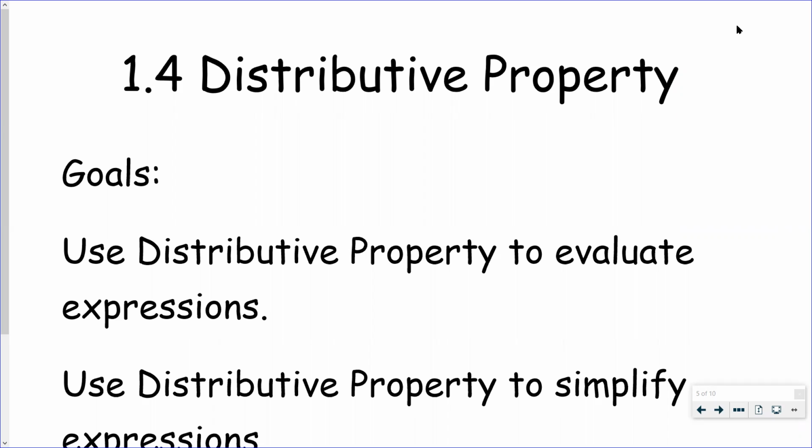So like I mentioned before on the expression ones, I didn't have goals. I do have goals on this one. Reminder, you do not need to write down the goals. Our goal is to use the distributive property to evaluate expressions and use the distributive property to simplify expressions. So again, you should be writing 1.4